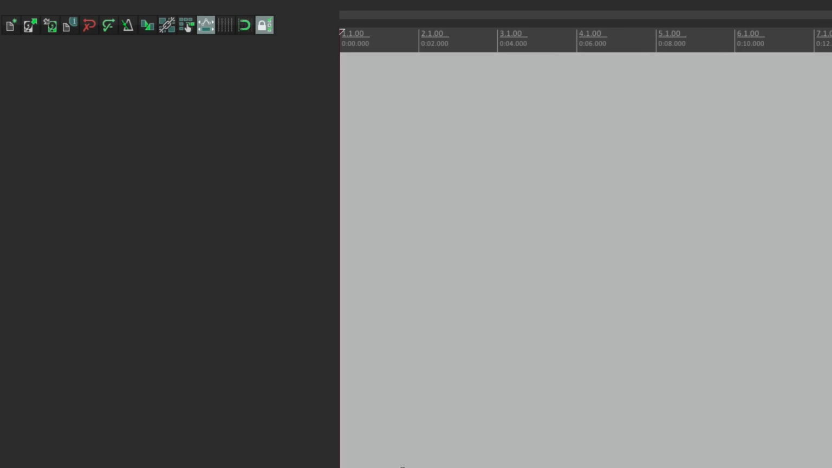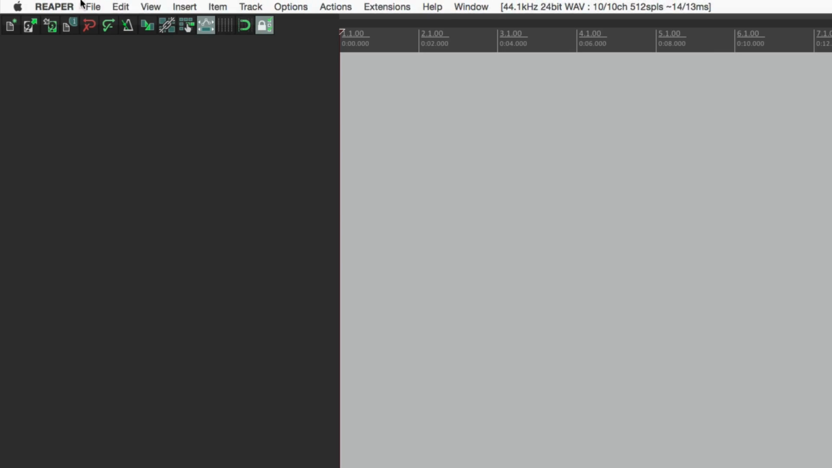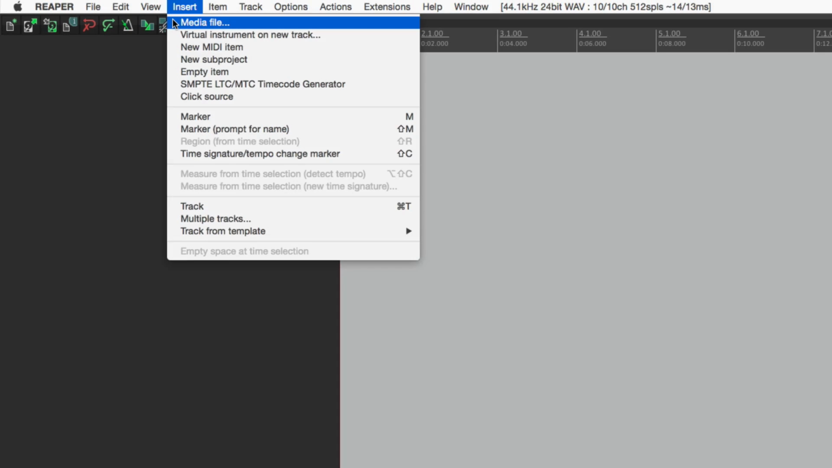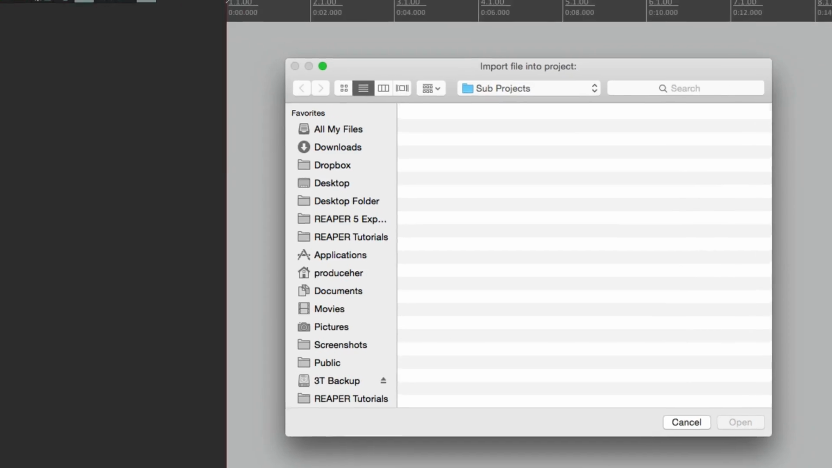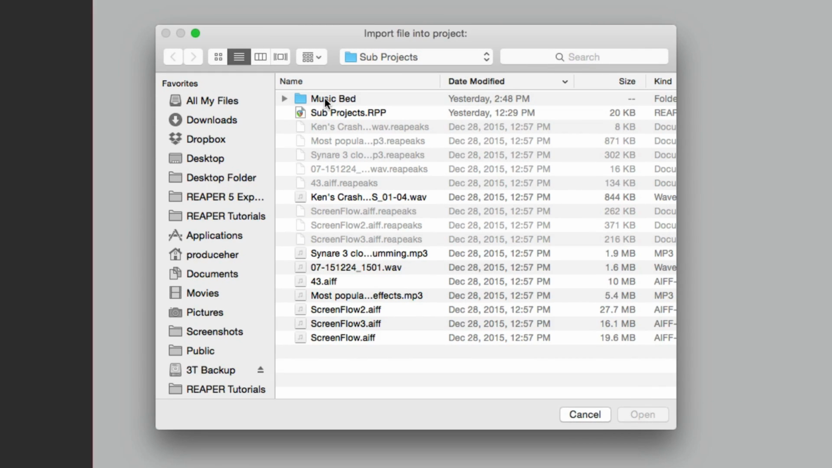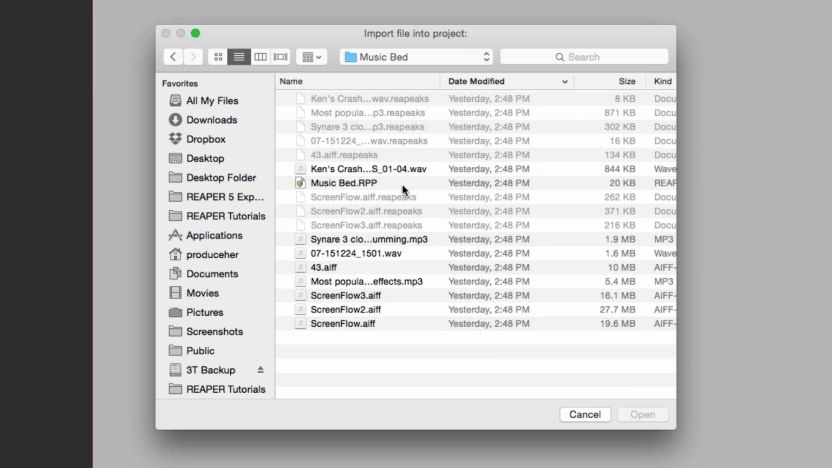And then we're going to import it into this project, which we can call the parent project. Go to Insert, choose Media File, and then we go down here to our Music Bed folder, open it up, and choose the Music Bed REAPER file. This is the one we saved before and will now be our subproject. So if we choose this,